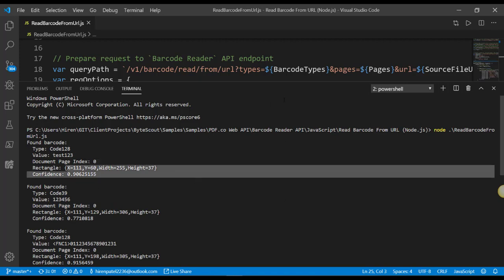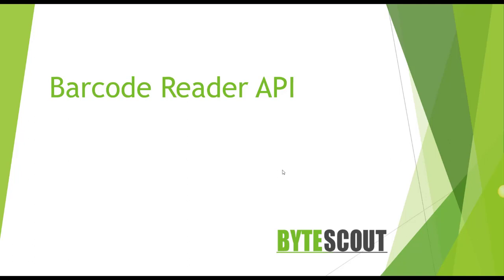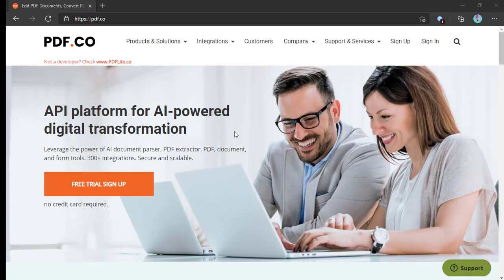So likewise we can use the PDF.co API to read the barcode values. Alright, till now we have seen how to integrate PDF.co with various programming languages. Now if we are using any third-party provider and want to use PDF.co, then we can use the plugins and extensions already developed by PDF.co.